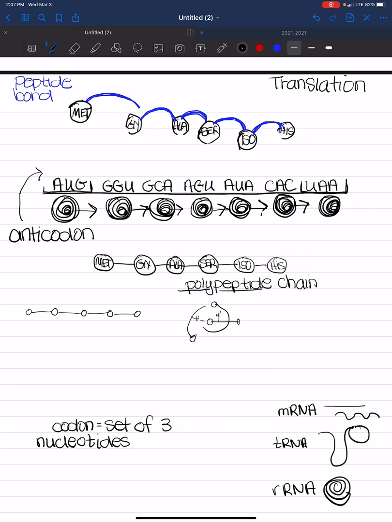So it's going to fold and keep folding and folding in upon itself, and then we're going to get a very specific 3D shape for our protein. I'm sorry, I can't draw 3D very well. And so that's going to determine what the protein is and what its function is going to be. And if you remember, yesterday we talked about how proteins are different in their 3D shape. So the end result of translation is reading the code in messenger RNA